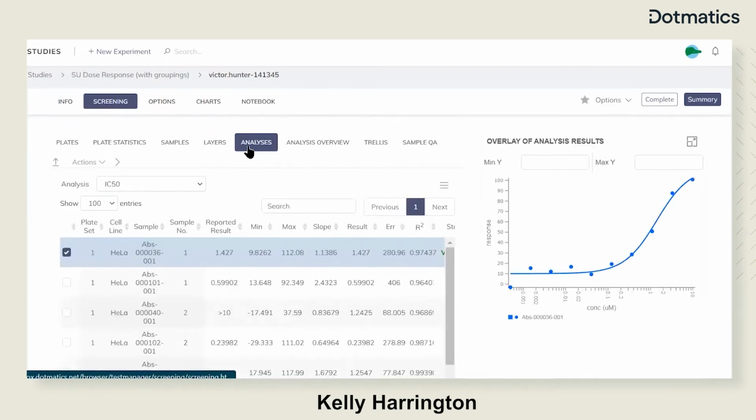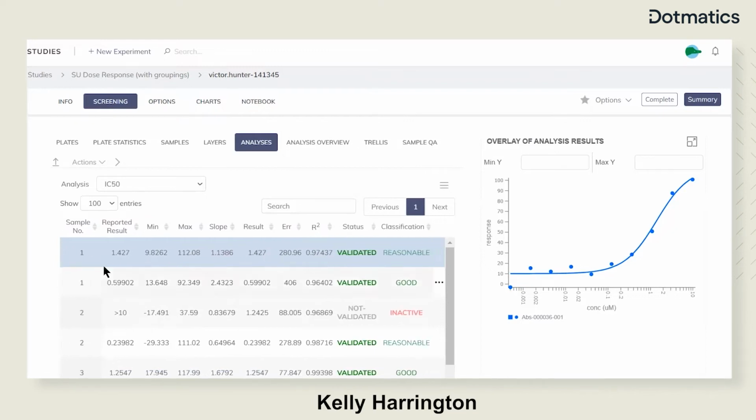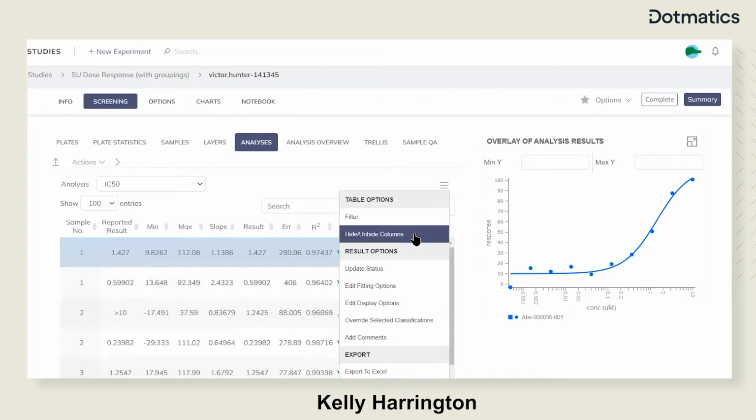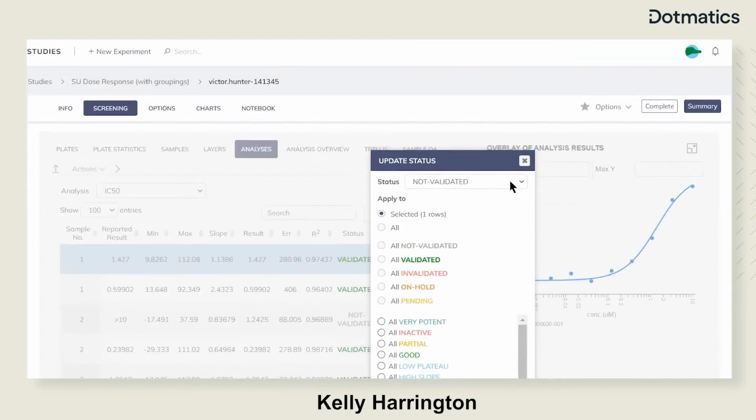On the analysis tab, we see the analysis in action. So here we are able to see the different parameters that were automatically calculated for us, the IC50 value, and items like status and classification. These are automatically governed based on your business logic, and they can be updated in bulk. So here I will validate all of my samples,